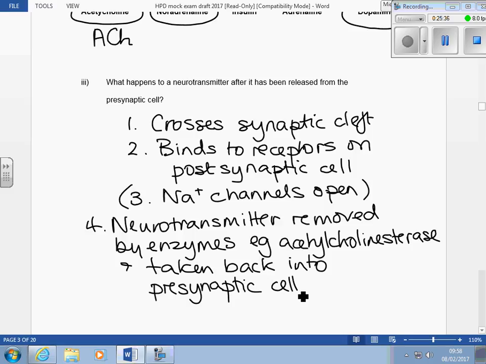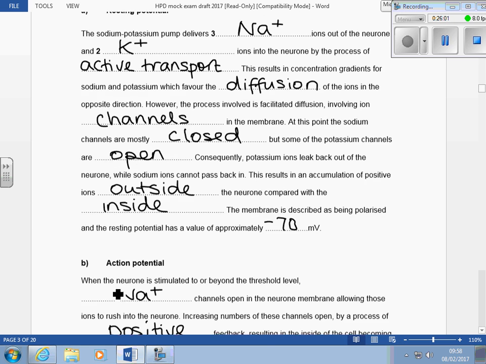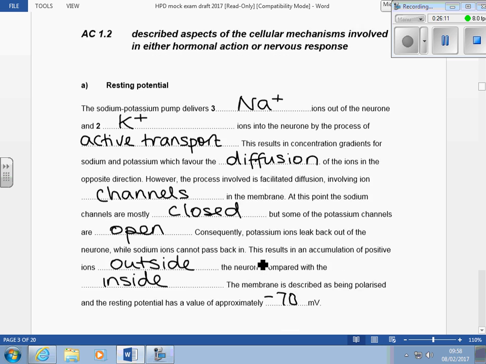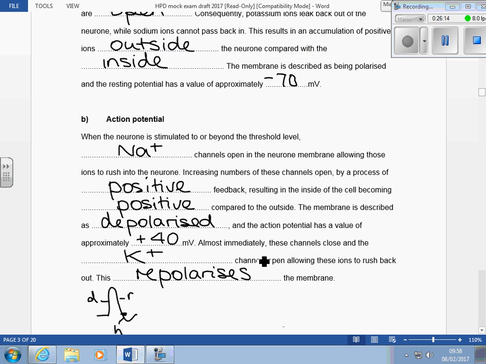Now, again, for that whole assessment criterion, you've got quite a lot of answers, and I would be looking for correct bits in each section. So you might get the resting potential perfect, the action potential completely wrong, and bits of this right. You're not going to pass, because you've not got anything in the action potential bit. So if you look at the actual assessment criterion, it is described aspects of the cellular mechanisms involved in nervous response, obviously. So the mechanisms are what sets up the resting potential, what's an impulse made of,